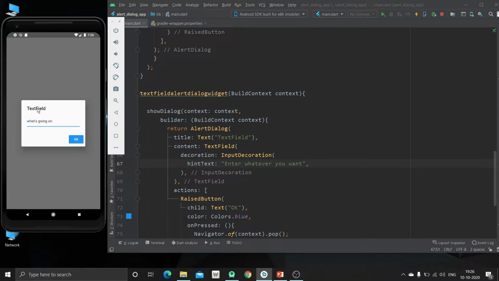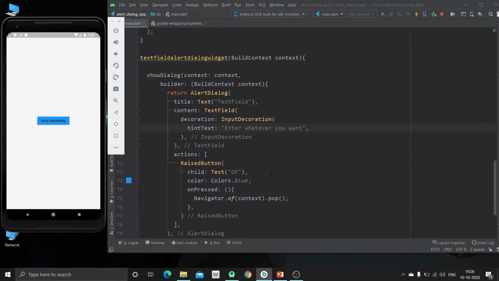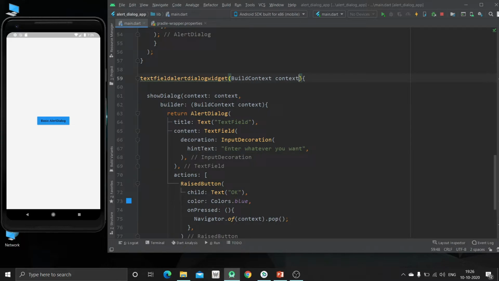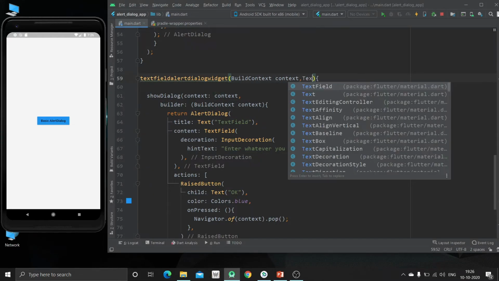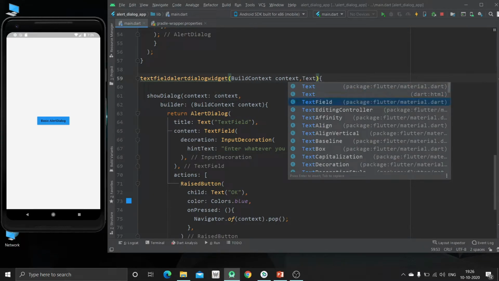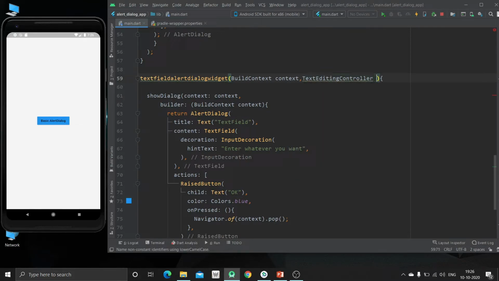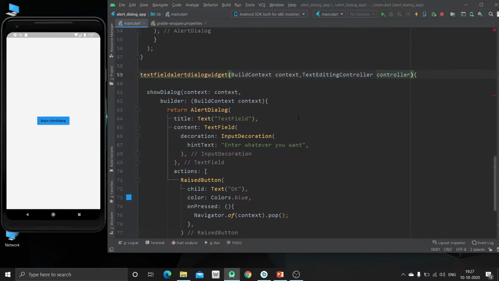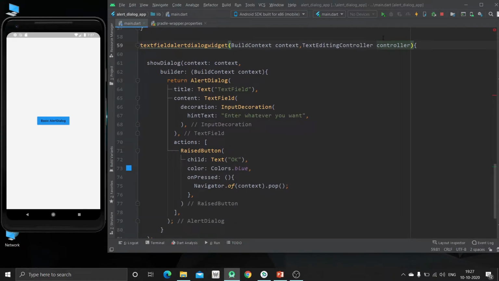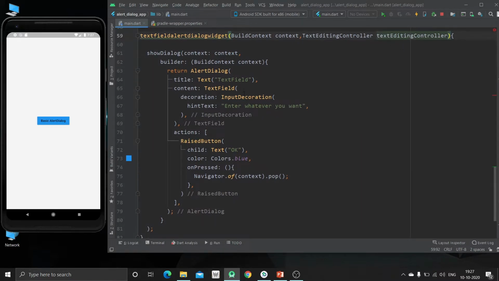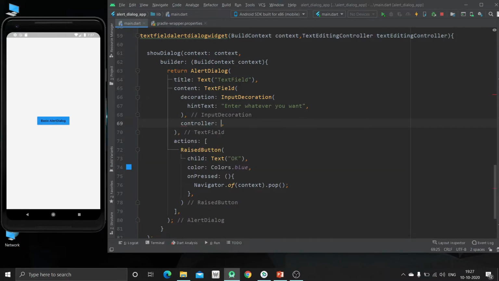So how to access the data which the user has inserted? For that, we can specify some controller, like we are having text editing controller. So we are going to use this controller. Just change this as text controller. Now we will specify it inside the text field, that is text editing controller.